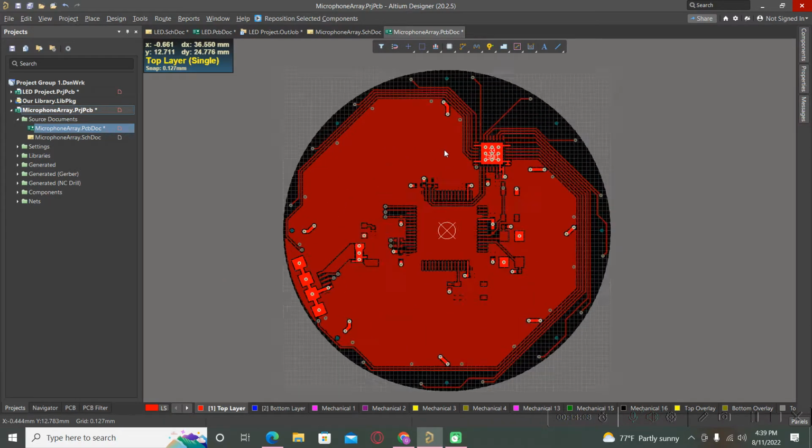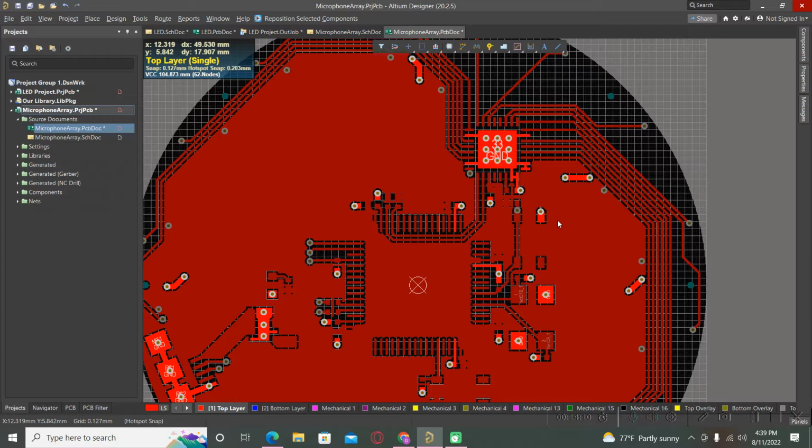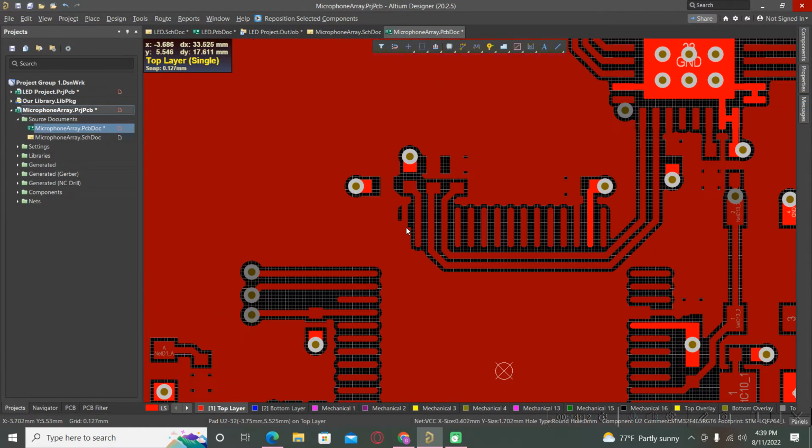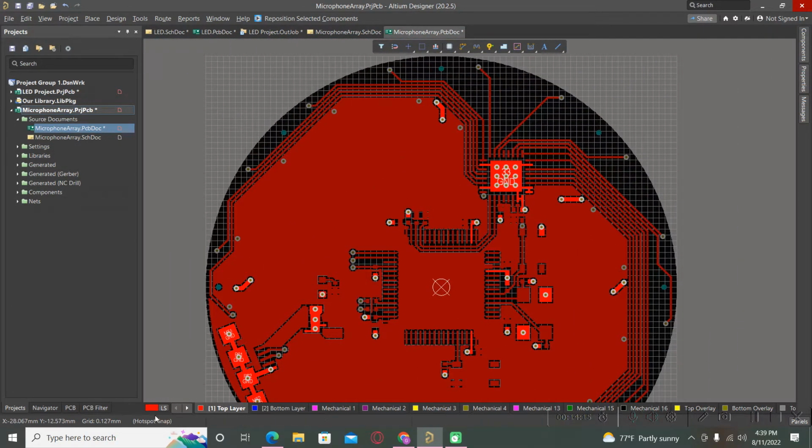To hide this polygon and to still make some changes in your PCB easily, you can go directly here to